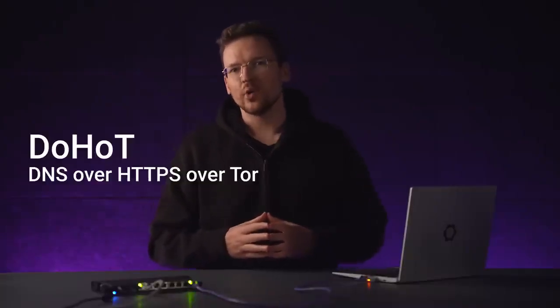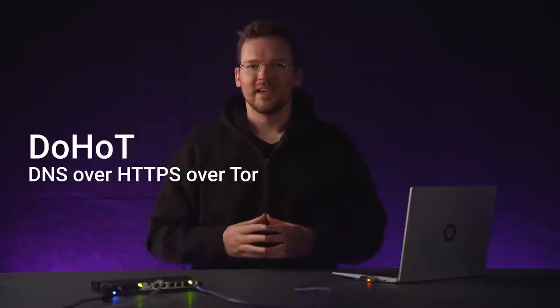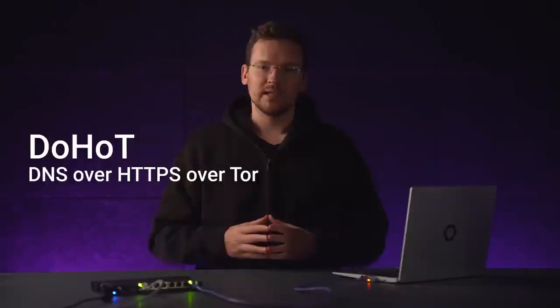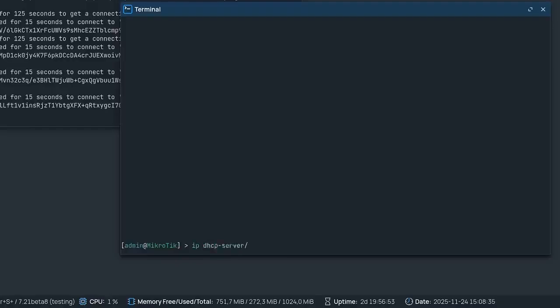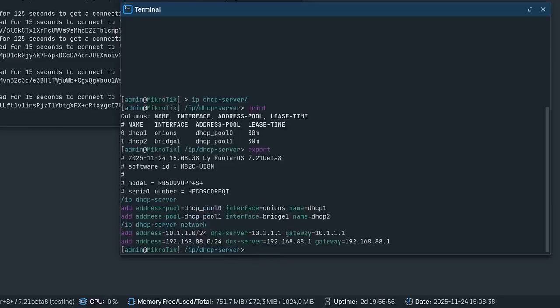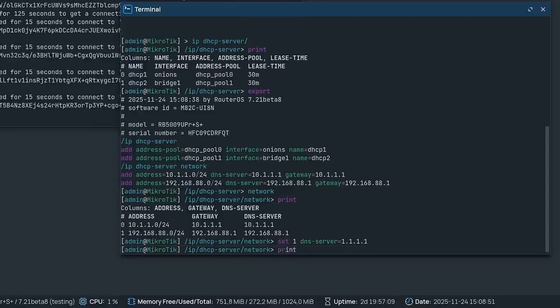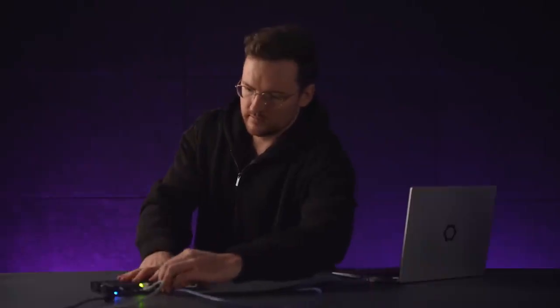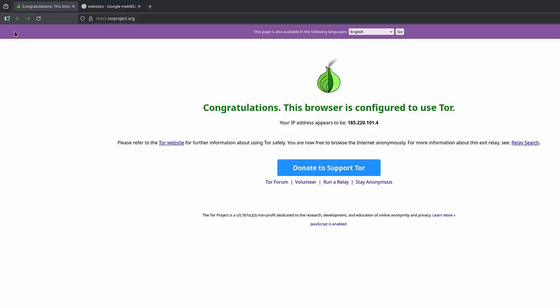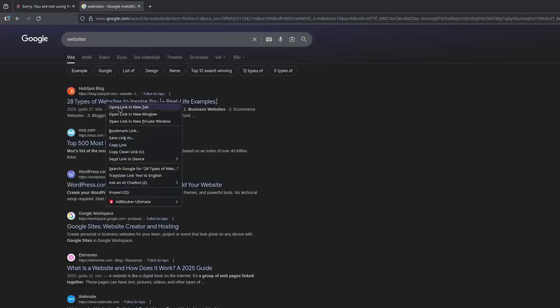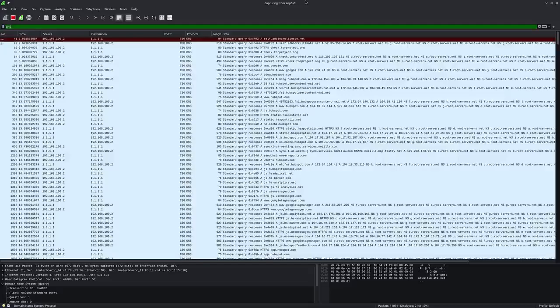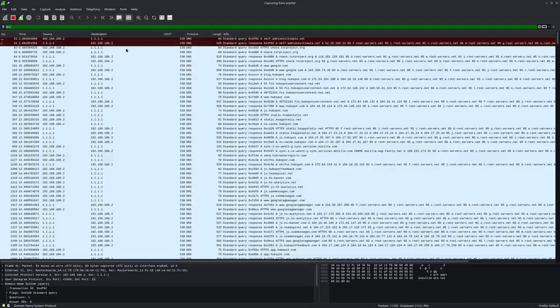use DoHoT for Tor. A simple way to achieve this would be to change the DHCP server settings and change the network configuration for your regular LAN. I will set it to Cloudflare DNS for a change. Now, if we switch to a regular LAN port and open some websites again, then capture traffic and look for DNS, we can see that the Cloudflare IP address